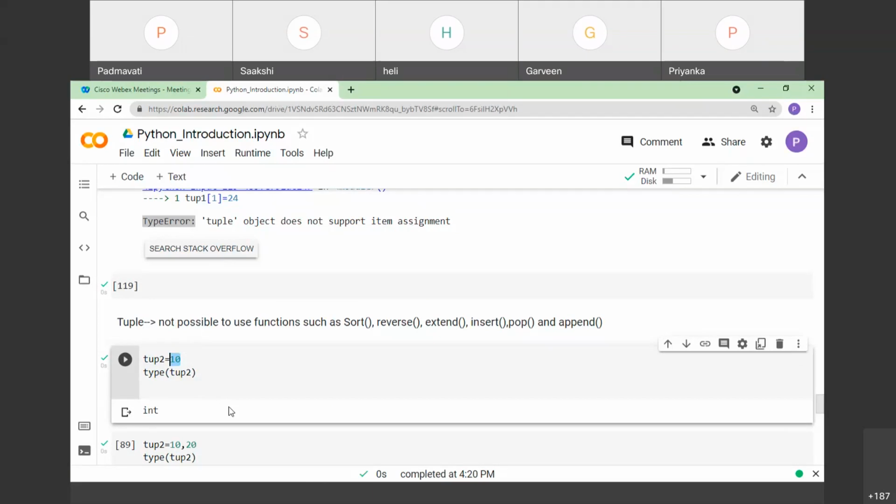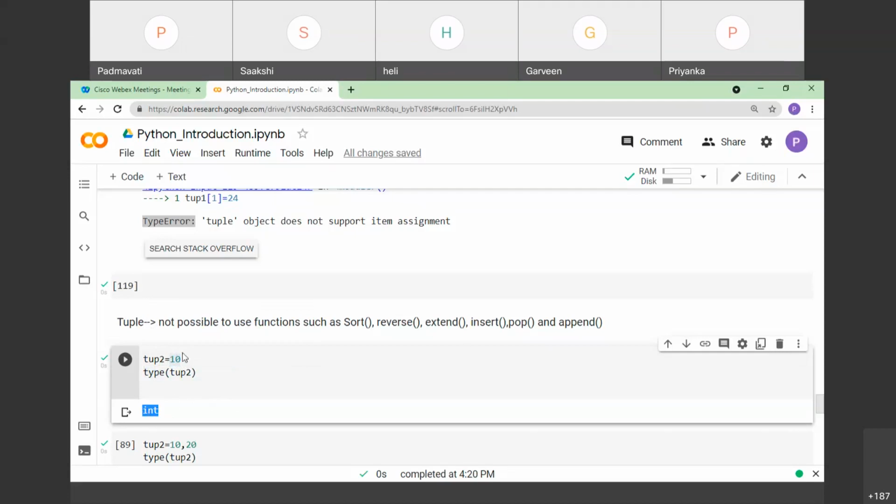I mentioned that parentheses are optional for creating a single element tuple, and for multiple element tuples also. But when I create a single element like this, it is treated as a numeric value, so it is giving type as int.